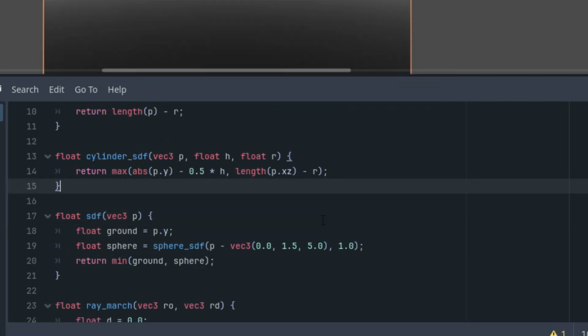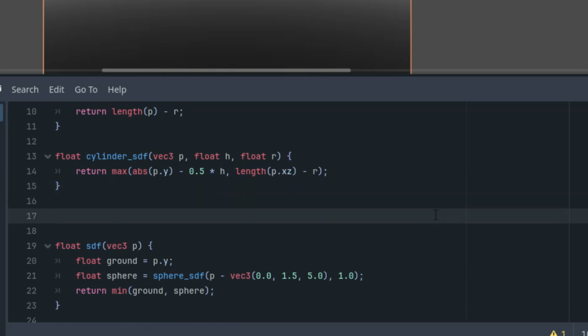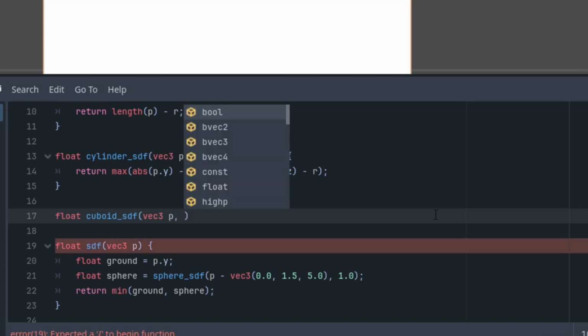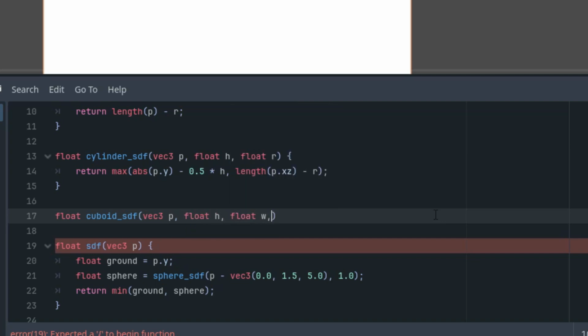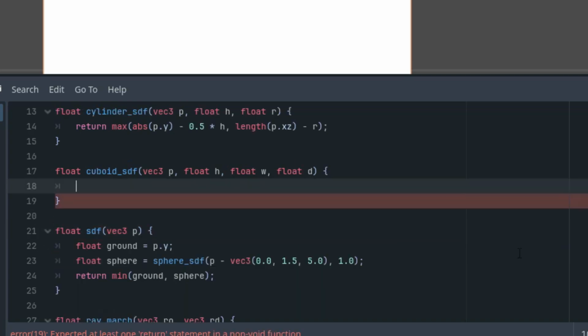And now the box. I'll call it cuboid because we can use it for both the cube and other forms of these cuboids. So float cuboid SDF. And now again, we need vector 3 p and all three dimensions of this cuboid: float h, float w, and float d. All right, and the formula would be this one: